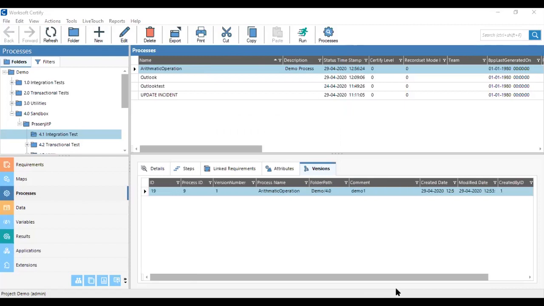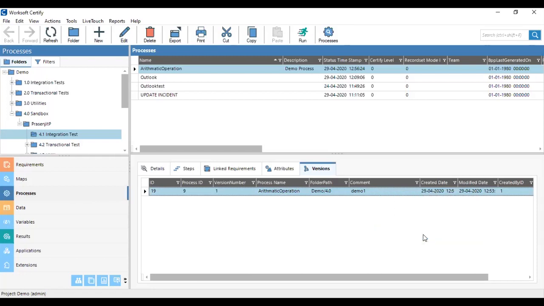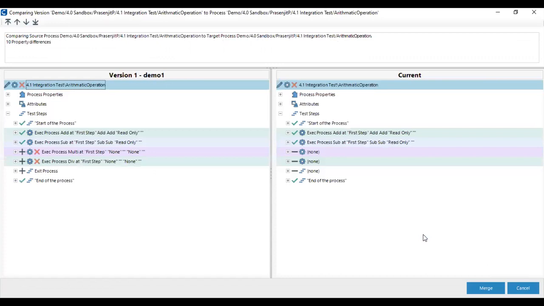So now I want to see the compare report. Again, I have to go to the older version of the process, right click and compare the version with the current process. You can see that this is the old version process, which has the calling step of the multiplication subprocess, the calling step of the division subprocess, and the exit process step.